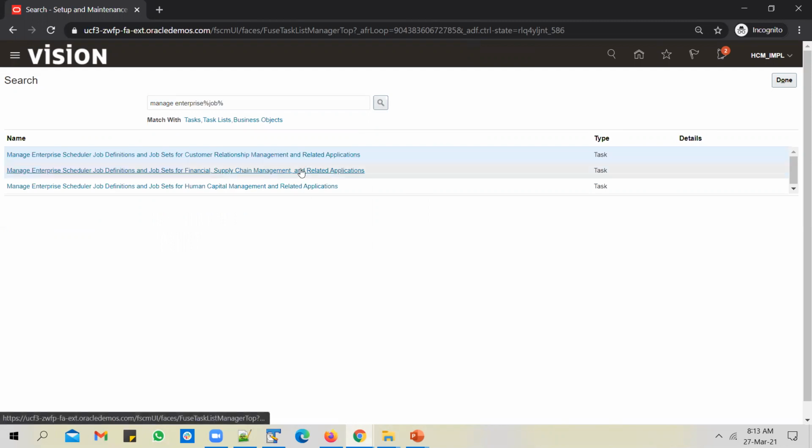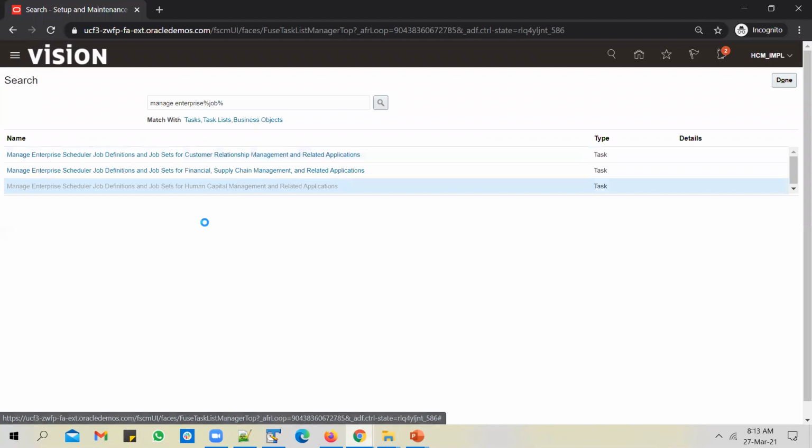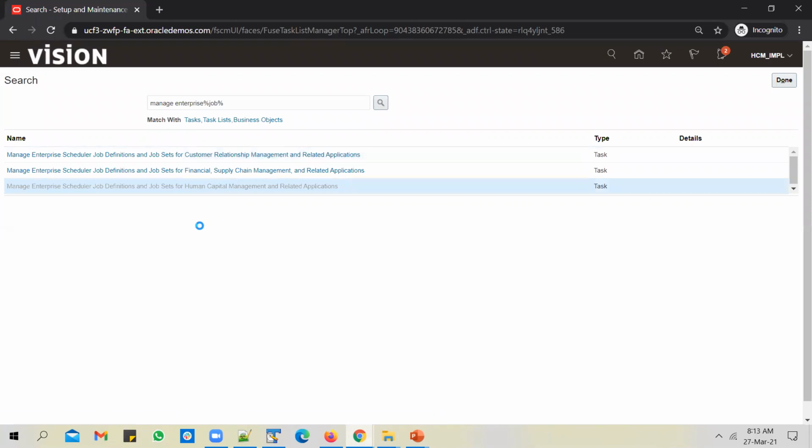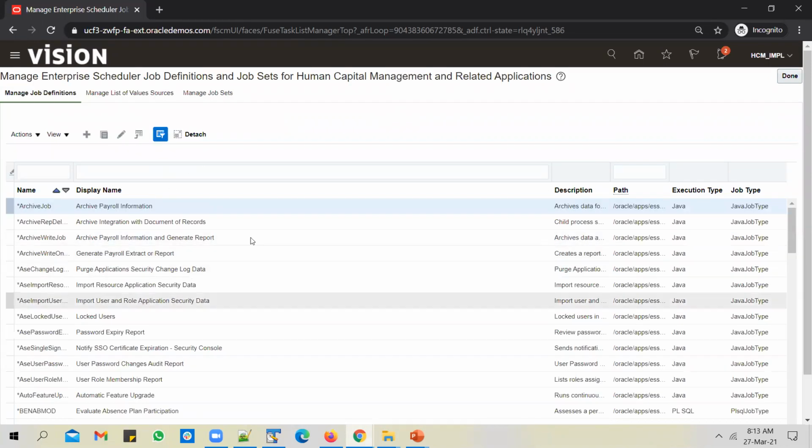So you'll get 3 tasks. We want to define ESS job for HCM module. So I'll pick up the third one. And you will see a list of jobs that exist in the instance. You can create a new job.